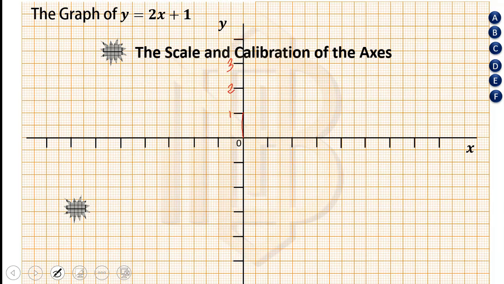And to the negative side of the y-axis, that means I have -1, -2, -3, and so on and so forth. But if I decide to use 1 centimeter to represent 1 unit, that means I have 1, this place will be 2, this place is going to be